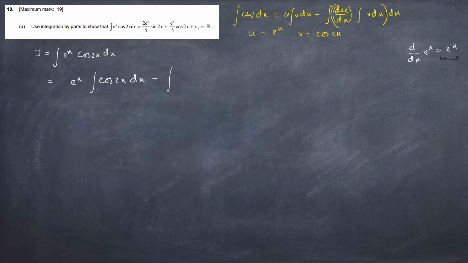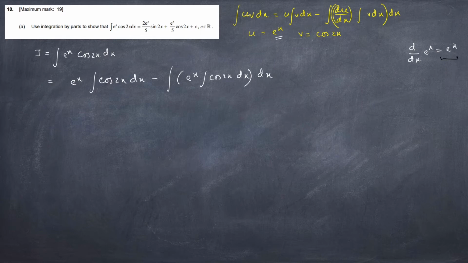So we will use that property here. If you apply that property, then we have now the second part. Here it will be e to the power x, and just say simple bracket. So here, from u is equal to e to the power x, du dx will be e to the power x. Directly I am writing integration v dx. So v is cos 2x. So cos 2x dx and whole dx. So this will be the answer.